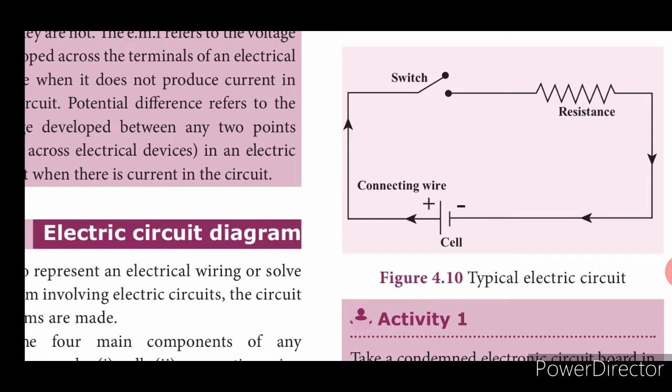So this is the typical electric circuit where we ended the lesson, with a switch, resistance, and a cell. So you all also know about the difference between the cell and the battery. Cell is a single component with a positive and negative sign, whereas battery is the combination of 2 or 3 cells. This is called a cell. This is the difference between a cell and a battery, right?